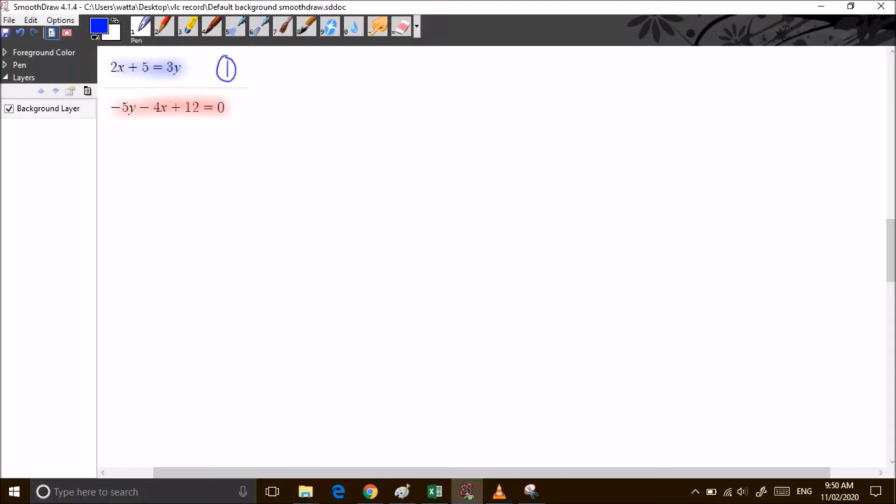We're going to look here at how to do the elimination method to solve a system of two equations with two variables. We've got equation 1 in blue, equation 2 in red. Now the first thing I like to do with elimination method is to get both equations into this form where you've got the x value, then the y value, then the equal sign, then the c value, which is the